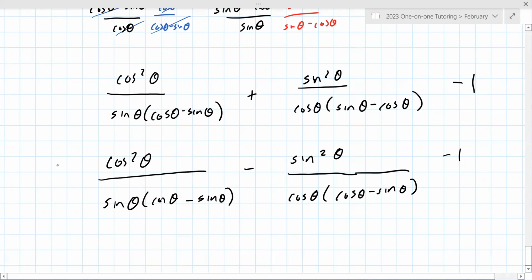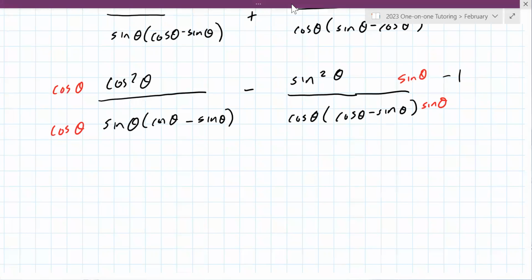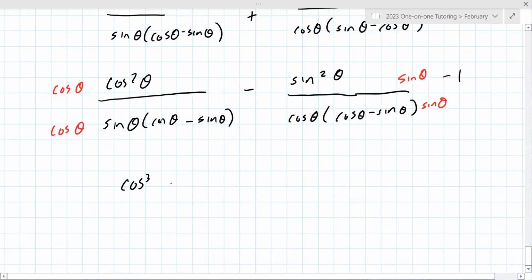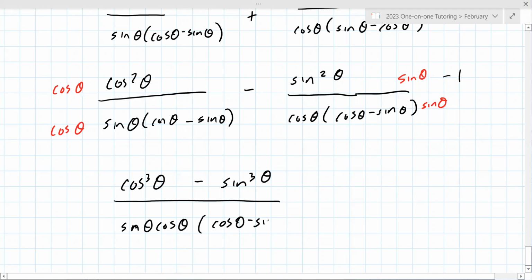So the one on the left here, we're going to multiply by cosine theta, and the one on the right here, sine theta, and now we'll get the balance that we want. So cosine cubed theta minus sine cubed theta over sine theta cosine theta times cosine theta minus sine theta, -1, like this. It's possible I've gone to the wrong place here, because none of this is working out nicely, but we would keep going here. So the top is difference of cubes,